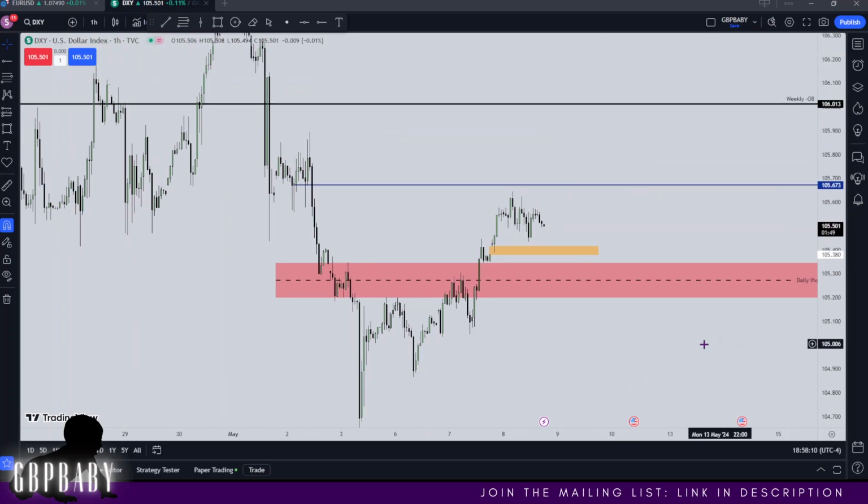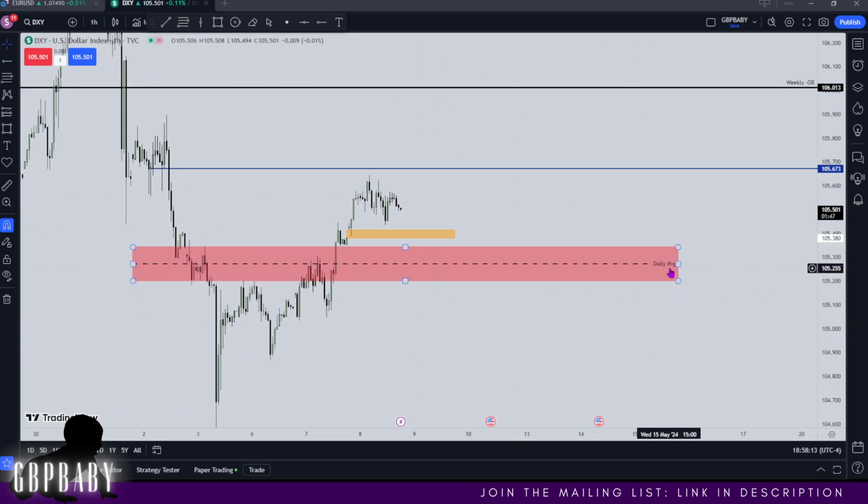So overall, what am I expecting? Lower prices. Again, daily inversion fair value gap. I'd like to see that 50% level get respected. You can see there's a hourly fair value gap there as well with an order block, which could provide support. And then from then on, I would like to think that price will climb back higher, running for Wednesday's highs and starting to work its way up to these highs